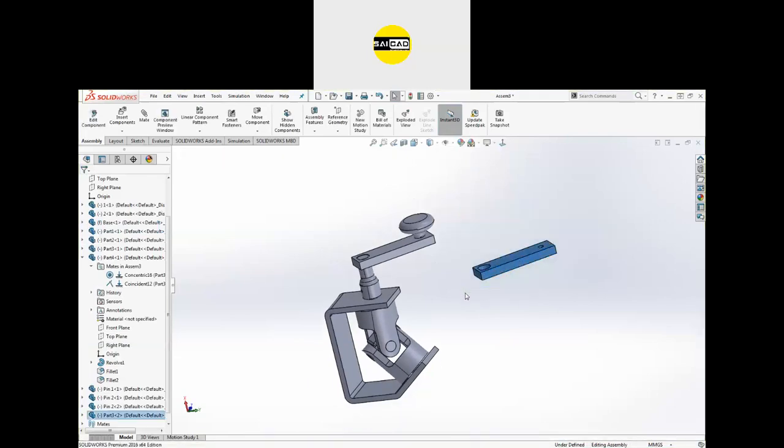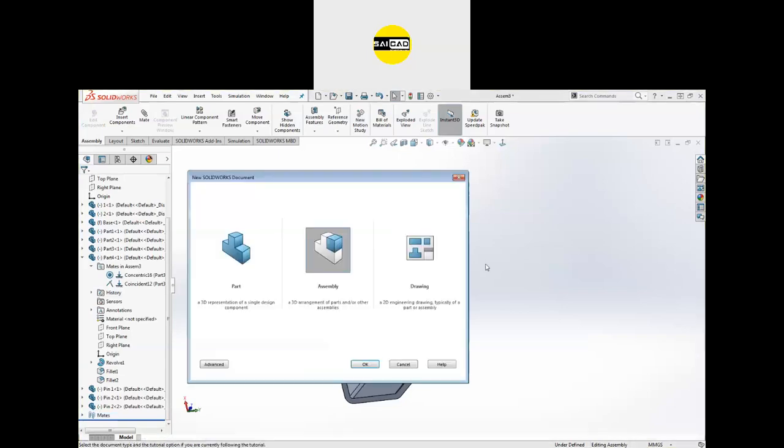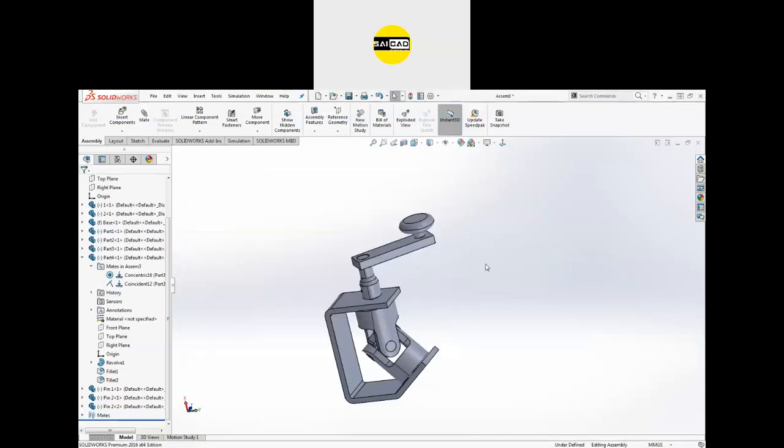Okay, so how to use the option of the copy? So I'm going to create a new file. I'm going to open the file directly.